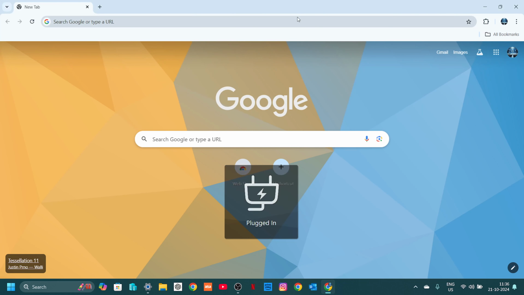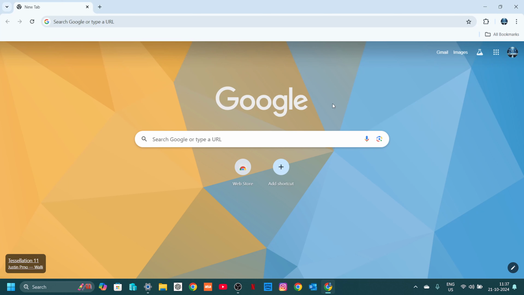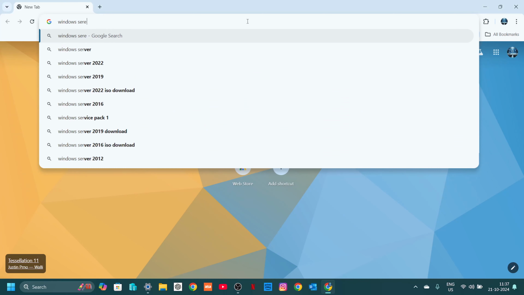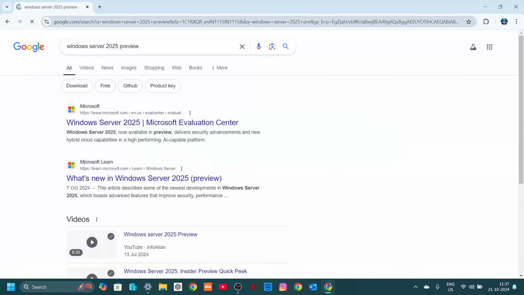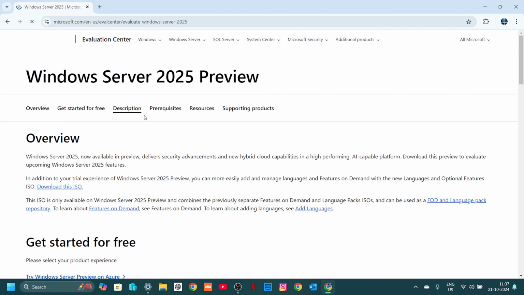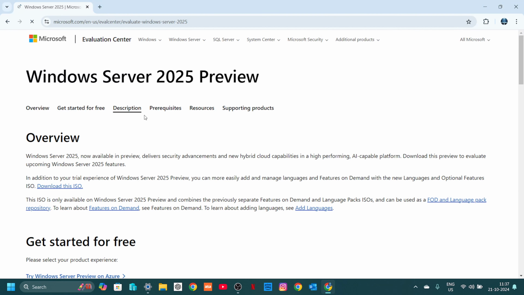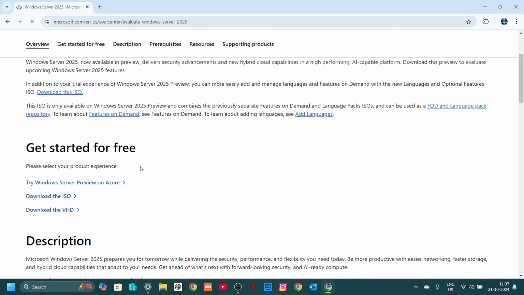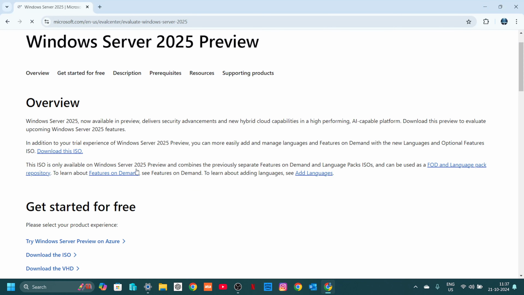Let's see how to download Server 2025. I'm going to share my screen now. Just go to the browser, type Windows Server 2025 preview and go to the first link. This will take you to the Microsoft site, which has all the evaluation versions that you can download from the Microsoft Evaluation Center, and you have this page, and here we have multiple options to download the Server 2025